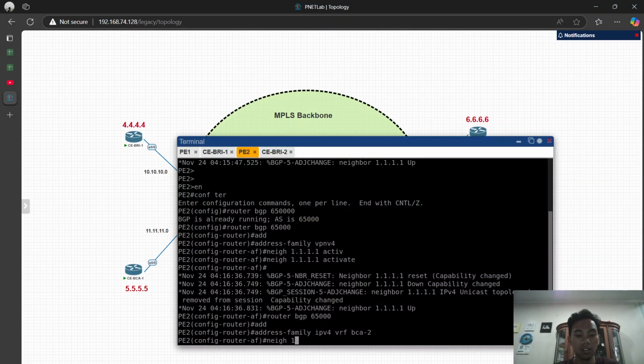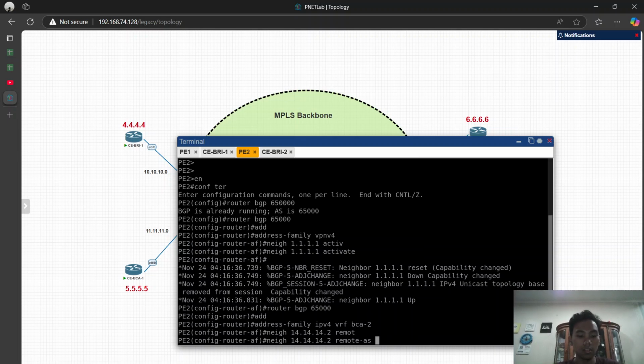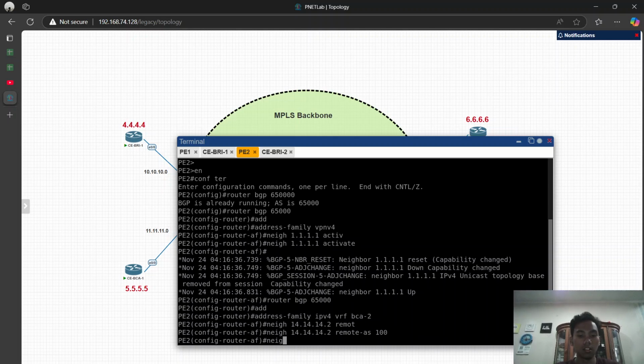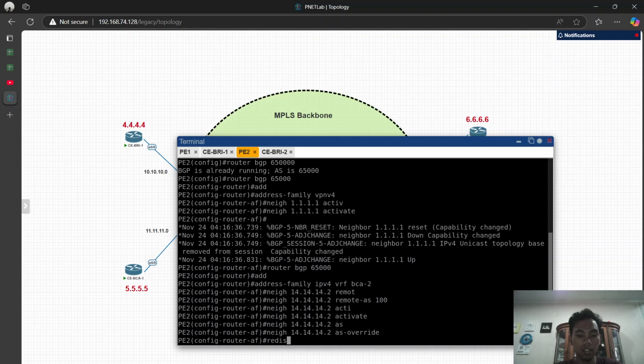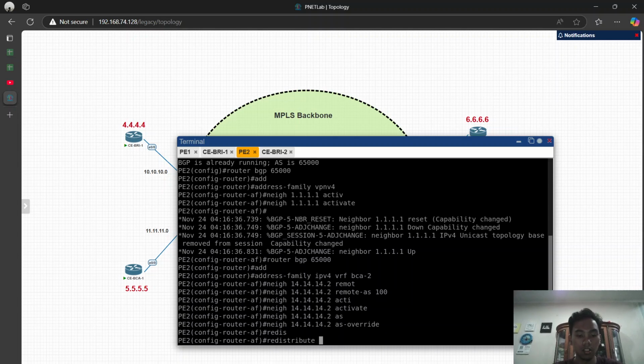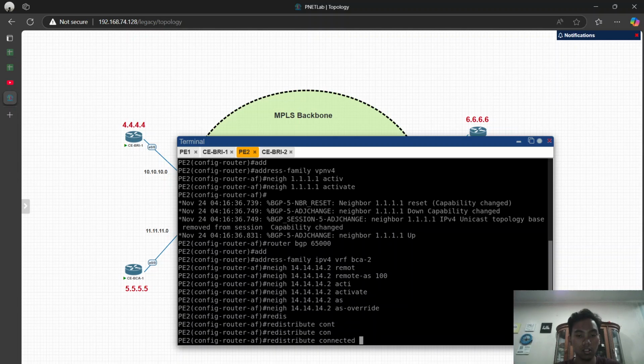Okay, 14.14.14.2 remote as 100, and then activate, and also set the as override, then redistribute connected.